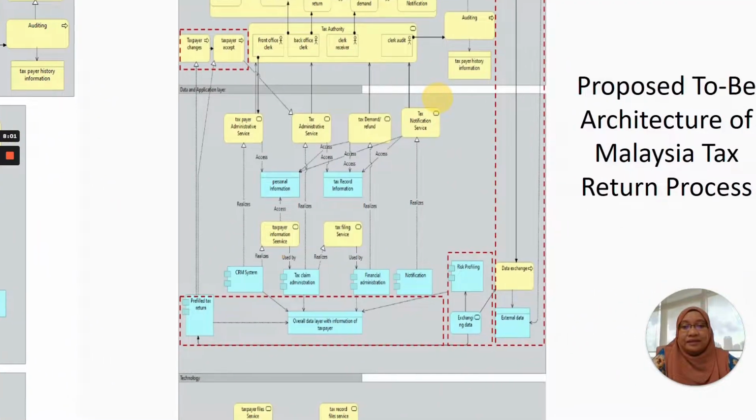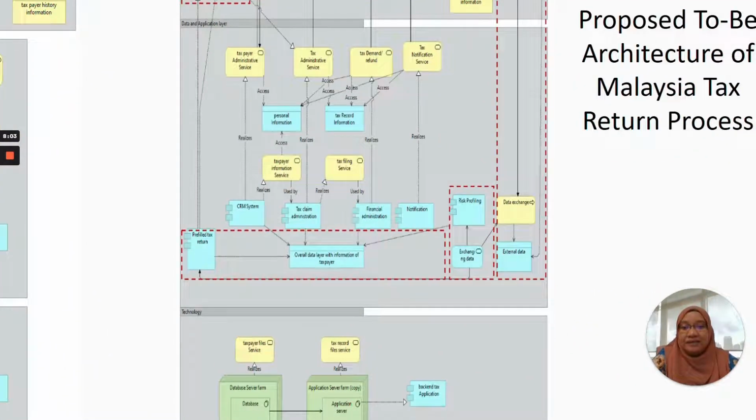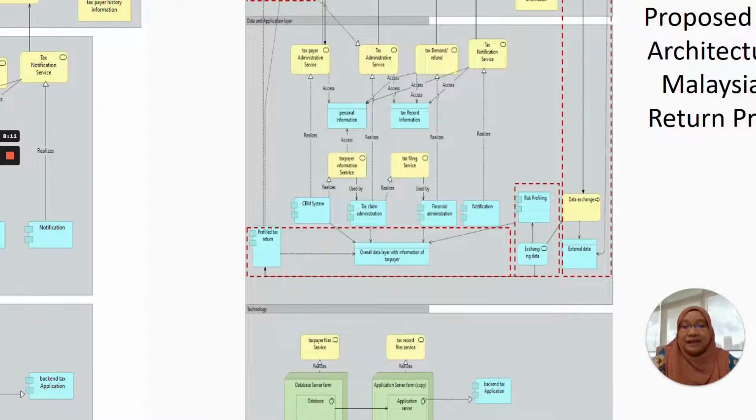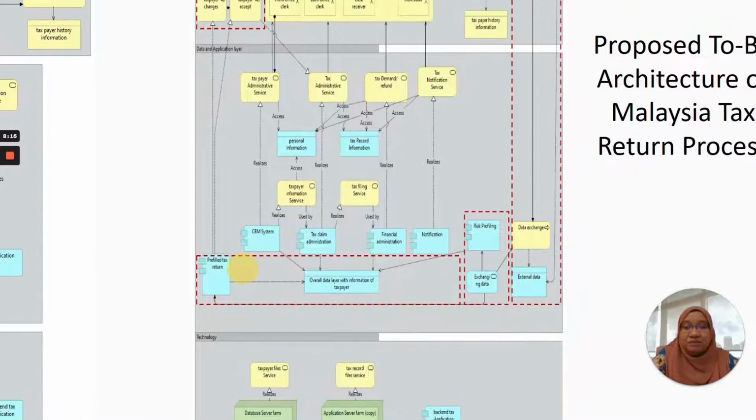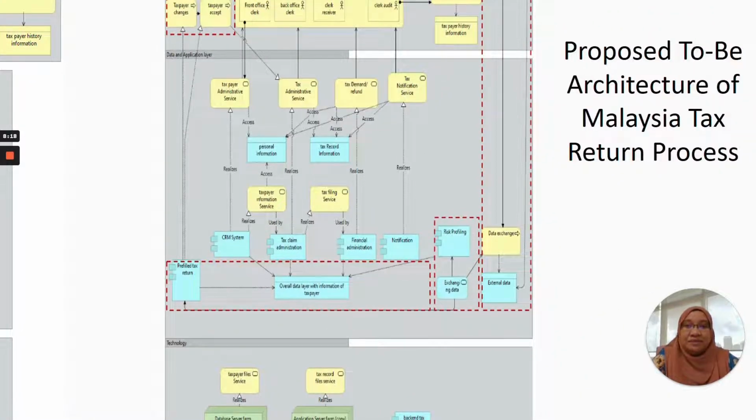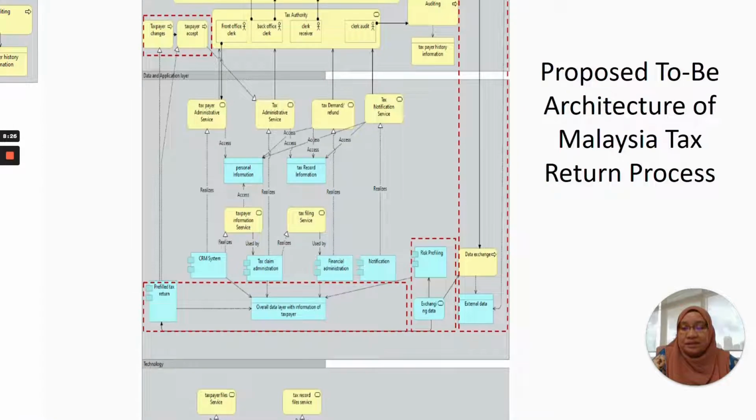Okay, and then we do suggest that we should have a system for the tax return. Currently, we store it together in the tax system, but not in a specific tax return system. This is important because some tax returns are not properly arranged. So that's why the amount that the taxpayer receives as a return may vary, and some are unable to be validated. This is the issue that the tax officer explained to us earlier.